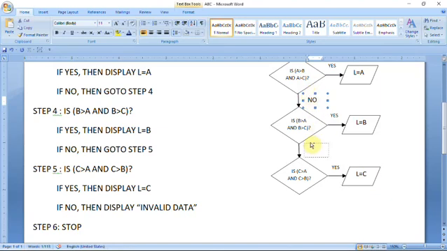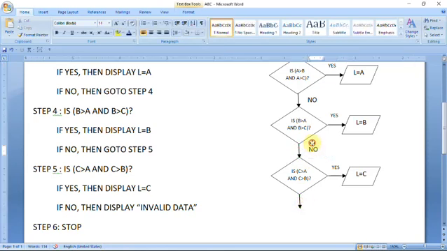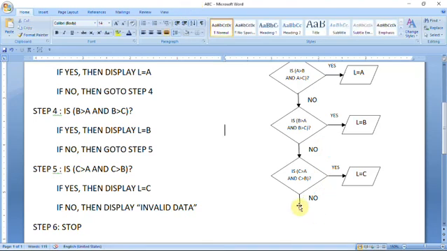If no, then what happens? If this condition is also not satisfied, no, then here you can see if no, then go to step 5. In step 5, is C greater than A and C greater than B? Again if yes, then L equal to C. If no, then what happens?